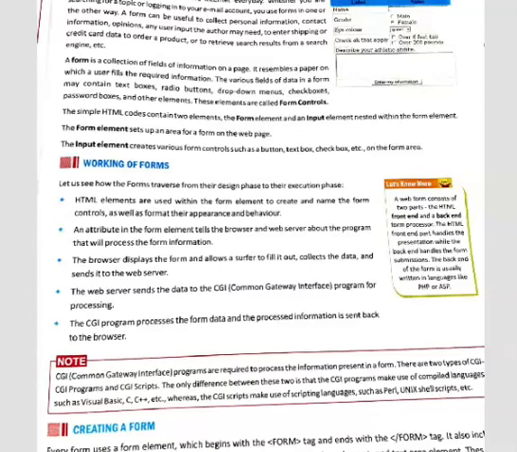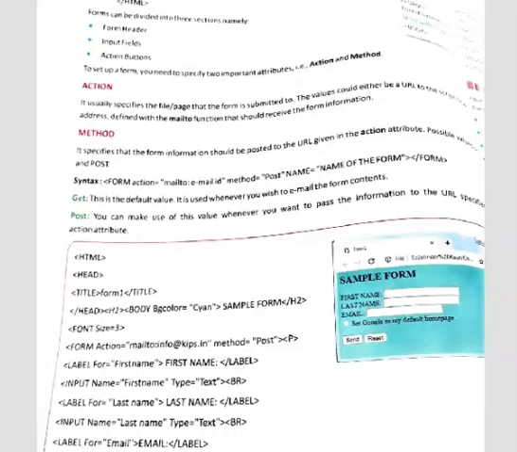Now we will discuss how to create form in our web page. For this, we have already discussed that we should use a form tag which is a container tag to create a form. Here, the form contains some method and action. Action usually specifies the file page that the form is submitted to, and method is the way to use the form.